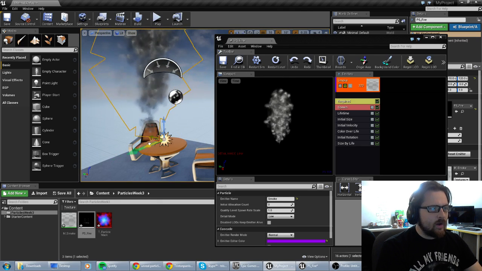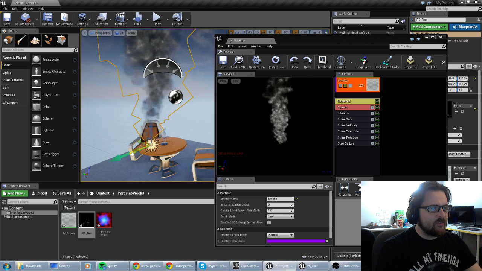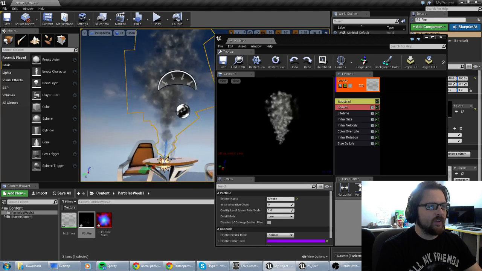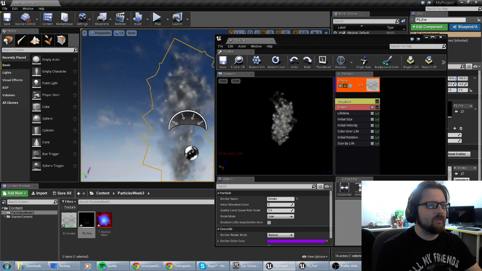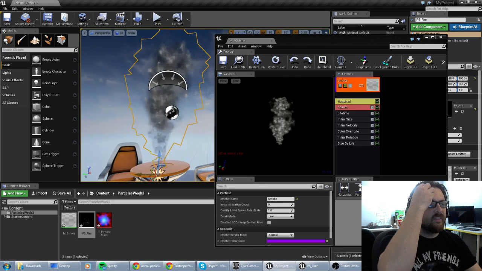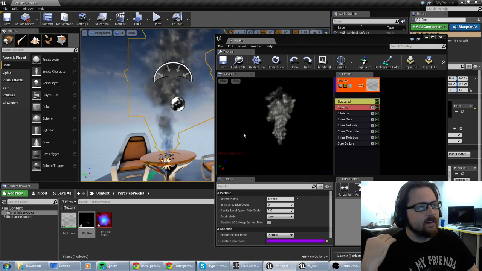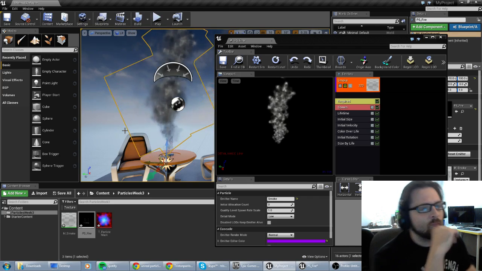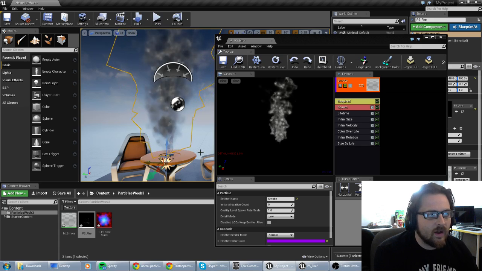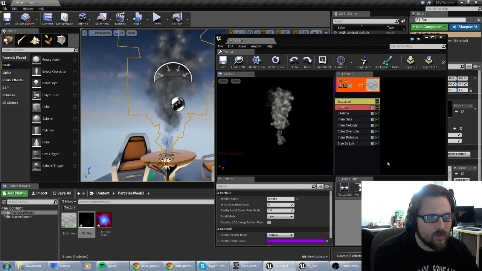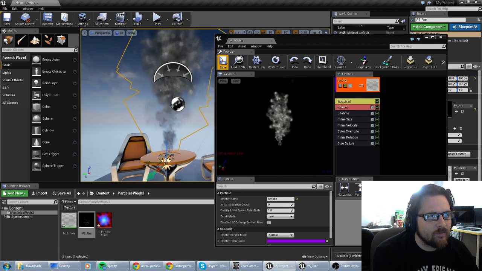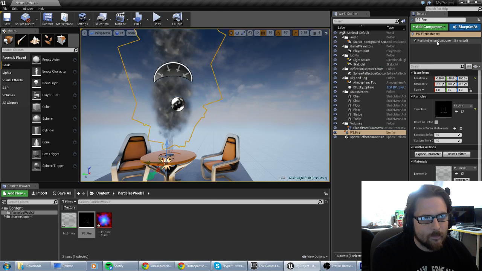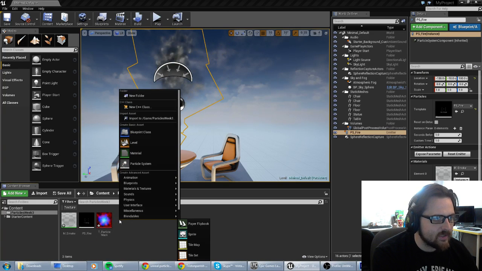We're going to do one more particle, and what we're basically going to do is we're going to be working our way up to building an all-encompassing kind of fire particle effect. So this should be okay for our initial start on this smoke thing, and then we'll add in a few different elements. So okay, I'm actually going to save this particle effect, this fire particle effect. I'm going to close it out,